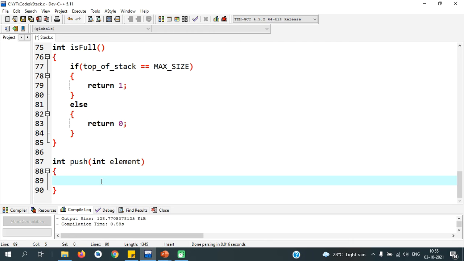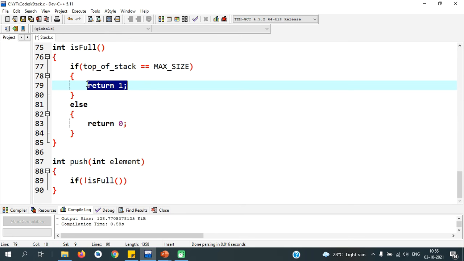Now, first thing, before pushing into the stack, we need to check whether the stack is full. So we already have the isFull method. If not of isFull, which means, see, if the isFull method returns value 1, so if the stack is full, it will return value 1.